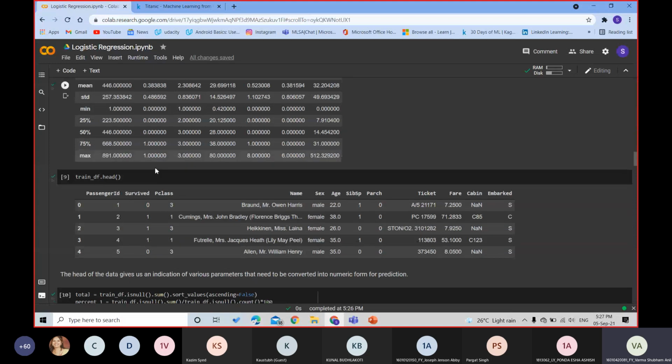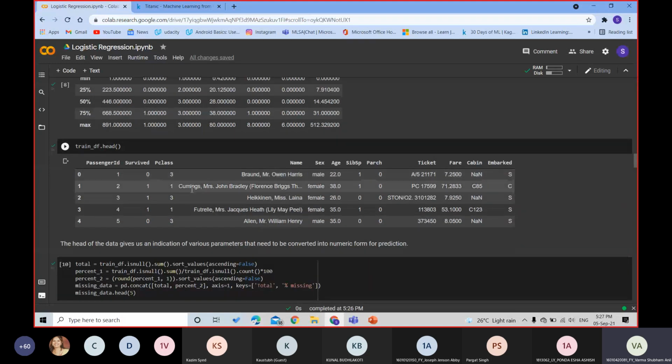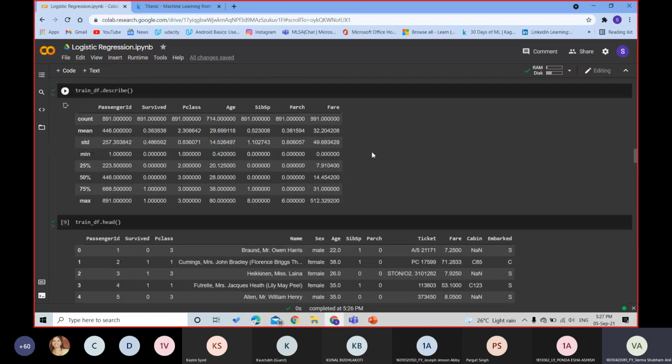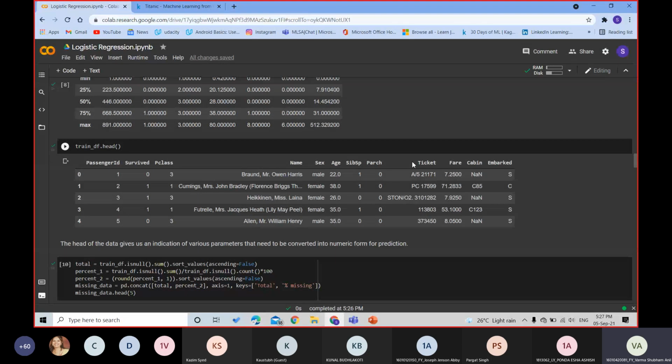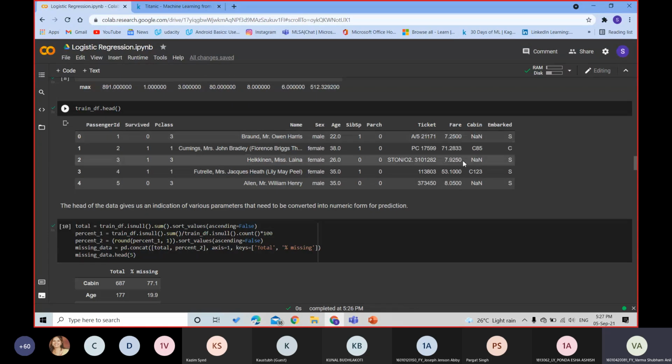When we plot this, these are the first five rows of the dataset. We have passenger ID, whether he survived or not, in which class he was traveling, his name, whether he was male or female, his age, whether he had any spouse or sibling, and the ticket he bought. As I said, in pre-processing we have to drop the data that is not important. Ticket and fare are not important for predicting whether the person will survive, so we do not include these parameters in our machine learning model. As we go forward, we will look at other parameters too.